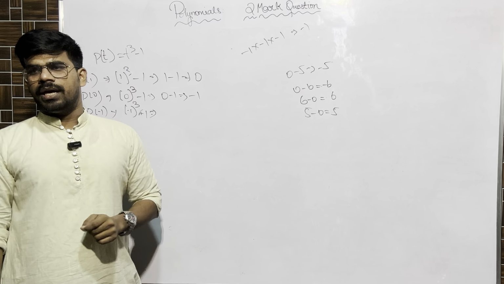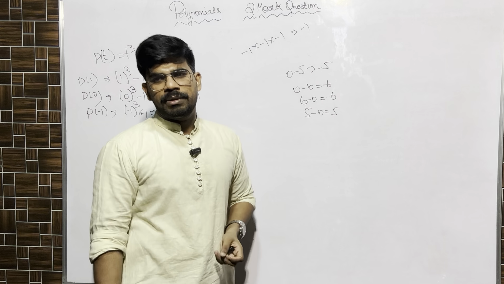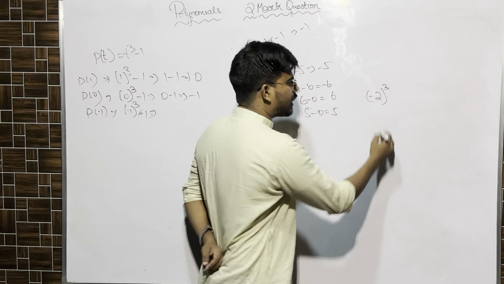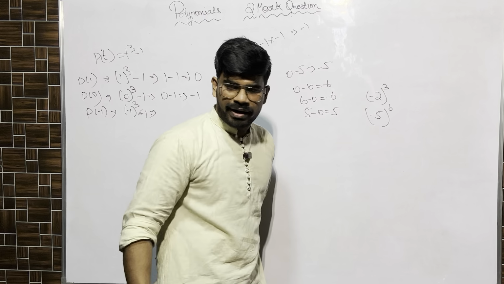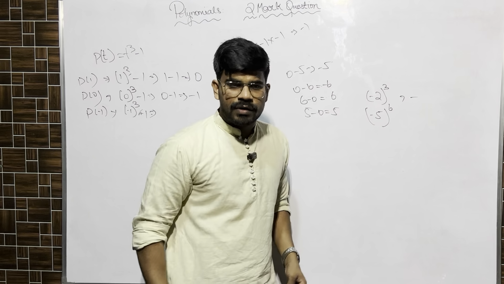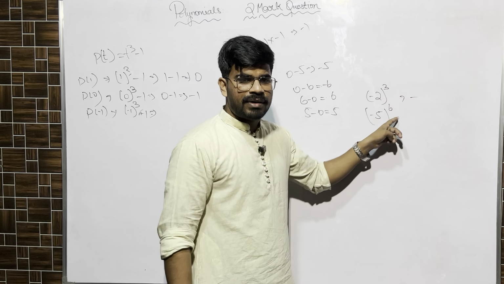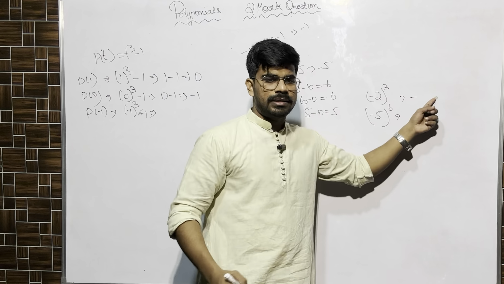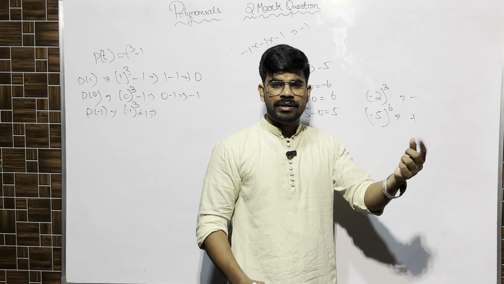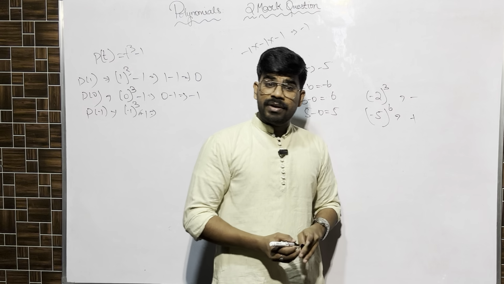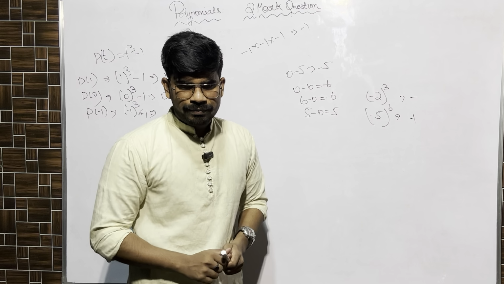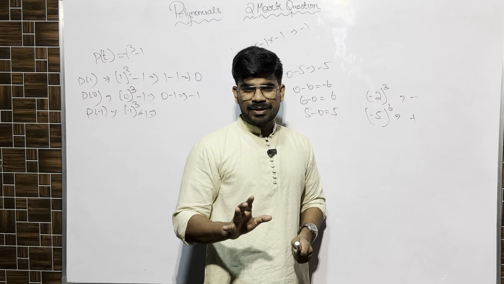So understand the basic here. If you have an odd power, for example minus 2 is there and the power is odd, or minus 1, minus 5, whatever. If in the base term minus is there and the power is odd, no matter what, the answer will always be minus. If minus term is there and the power is even, the answer will be plus. Irrespective of the number, the sign is what I am telling. If the power is even, the answer is plus. If the power is odd, the answer will be minus. Clear? Sure, right? I'll ask the question.